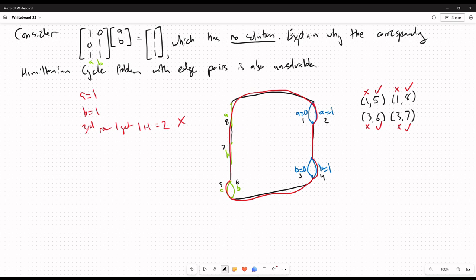If I had a Hamiltonian cycle like this, it doesn't accurately represent the problem, because I have this edge pair between edges 3 and 6, and I didn't use either of those. So this Hamiltonian cycle, even though it's a Hamiltonian cycle, doesn't match my edge pair condition. Since we carefully allotted how this problem turns into a Hamiltonian cycle problem,